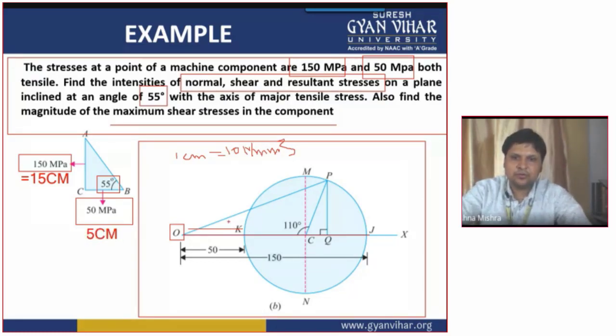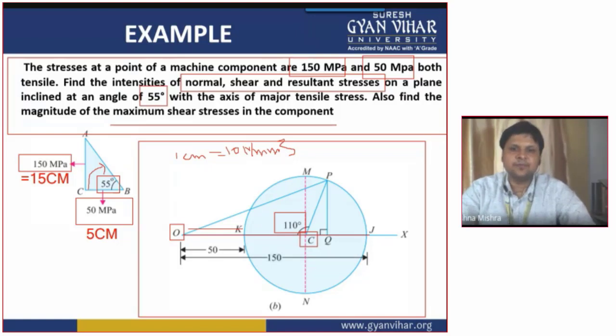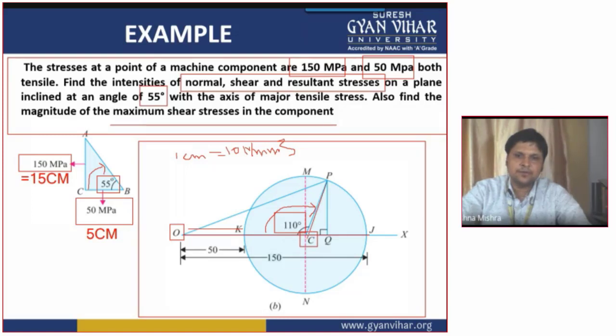Take these values and draw now. So OK, OJ, both you have drawn. You have found its center. Through this center, you have drawn the circle in this way. All right. Now you will have to take the double value of the angle given. The angle given to you is in clockwise direction, and the value is theta, 55 degrees. So we will take 2 theta, 55 into 2, 110 degrees, and it will be equal to this much. This much angle you will take, and you will draw a line CP in this way.